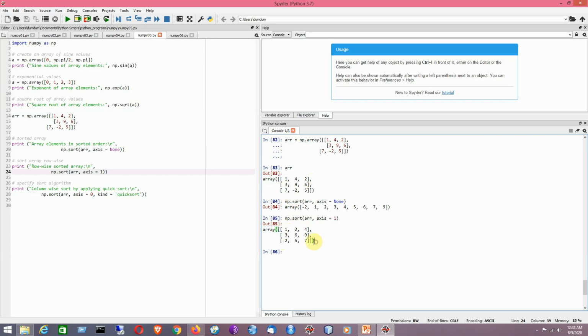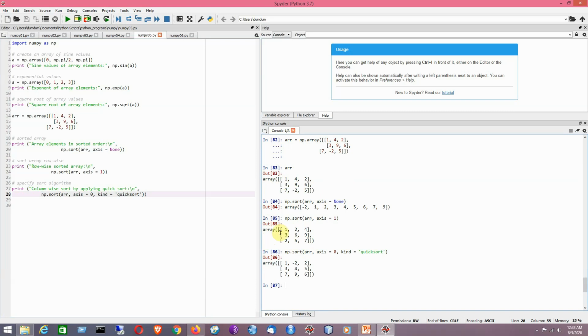That is the idea. Now I am going to apply column wise sort. Here I am mentioning the particular kind of sort, say for example, quick sort. Clear? So the original array is basically this one, and it is doing column wise sort.